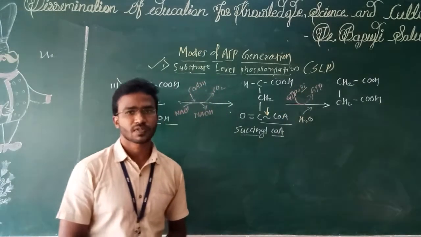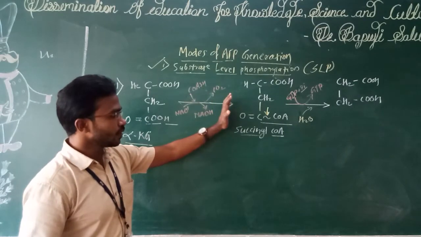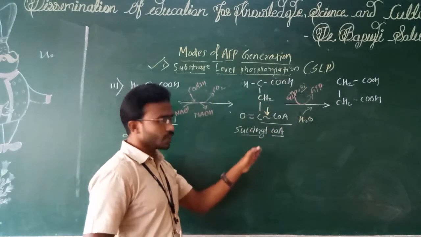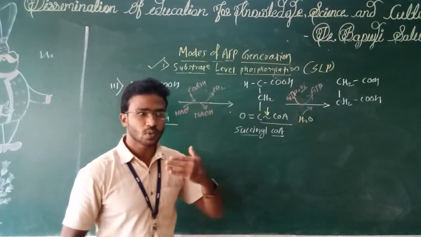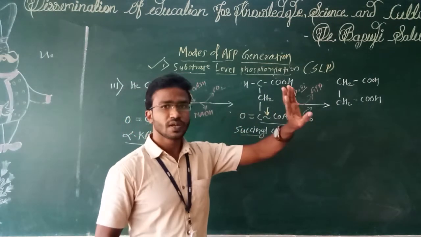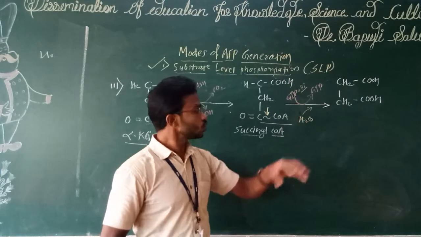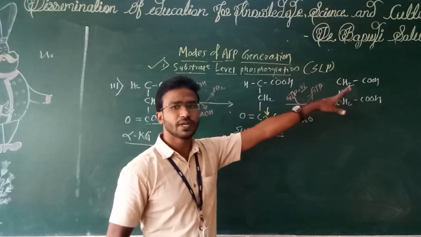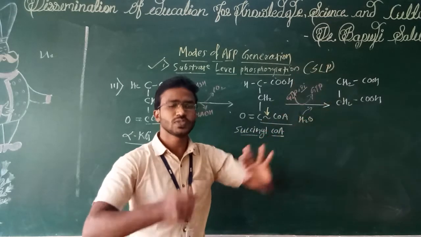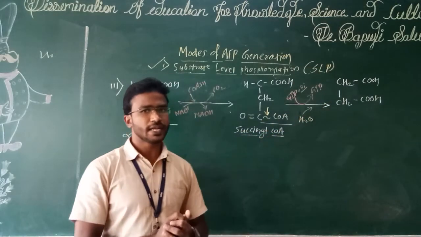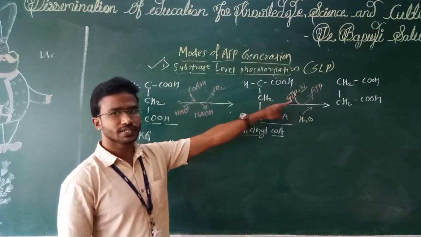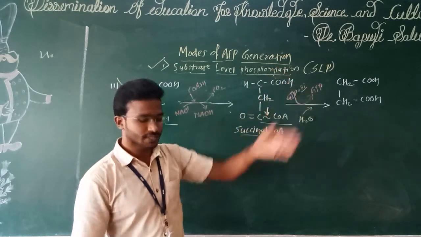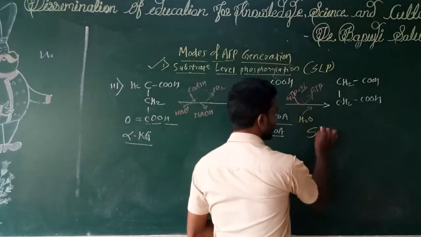GTP. So here the thioester bond, the high energy containing bond from succinyl CoA, is hydrolyzed. Once it is hydrolyzed, that releases energy, and that energy is used to add phosphate into GDP, and that forms GTP. GTP is nothing but an energy source which can later be converted to ATP. So again energy is generated from GTP. ATP can be generated. So again ATPs are generated by substrate level phosphorylation.